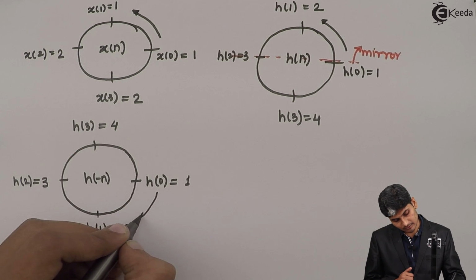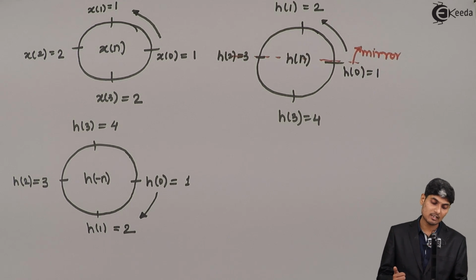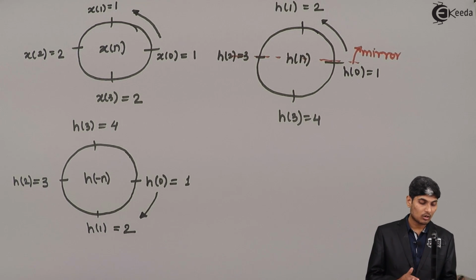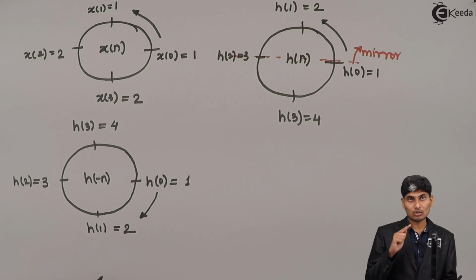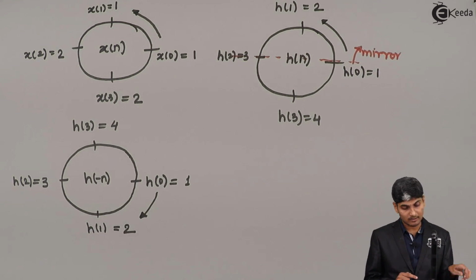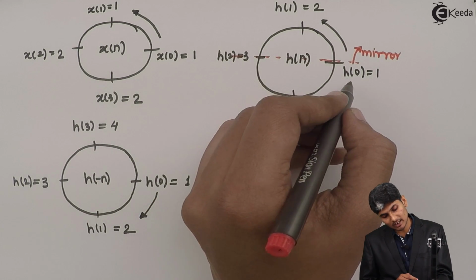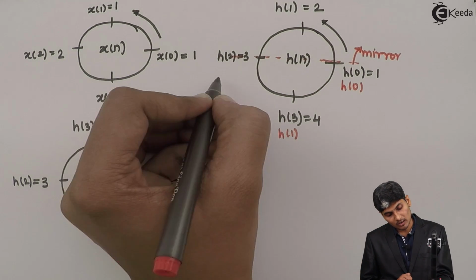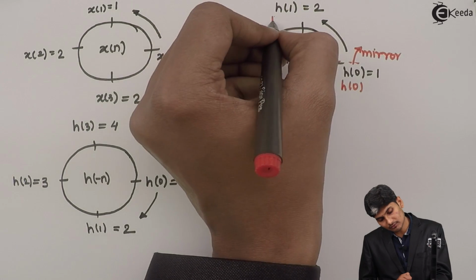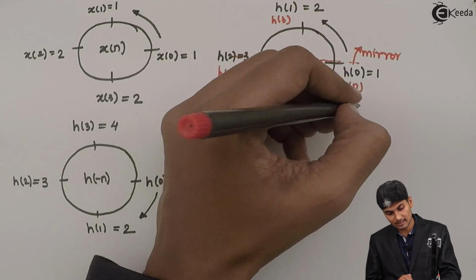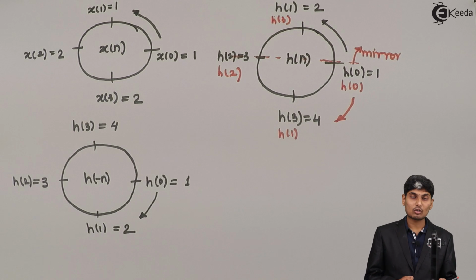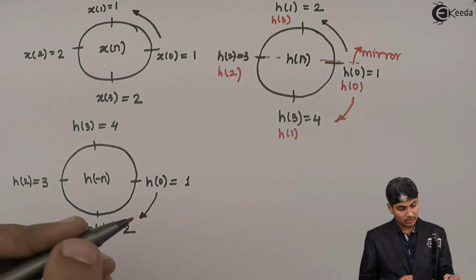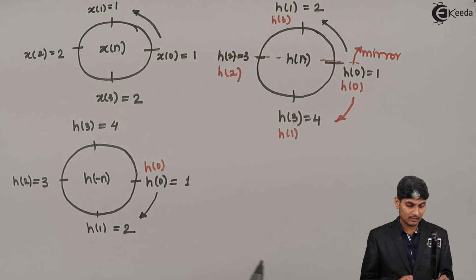So we can say that mirroring a periodic sequence is placing the sequence in clockwise direction, because the previous condition that we have used is anti-clockwise. Now, if you use a clockwise representation, suppose initially I had kept the same sequence as h of 0 here, h of 1 here, h of 2 over here and h of 3 over here, that means my sequence placement is in clockwise direction, then my mirror would be h of 0 as it is,